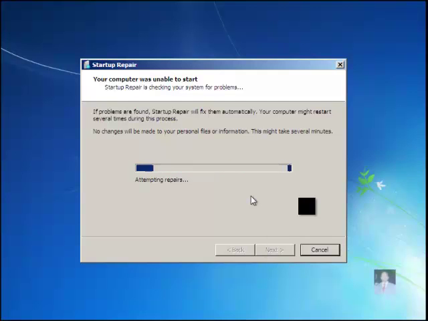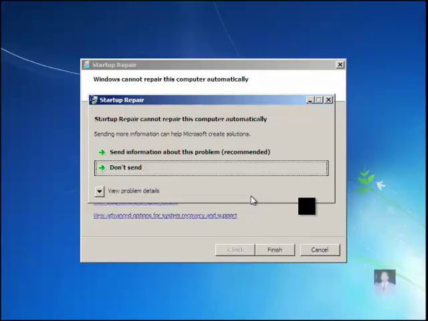So this is the window we were expecting to arrive, and if we'll go to